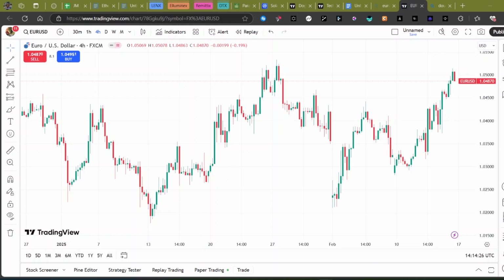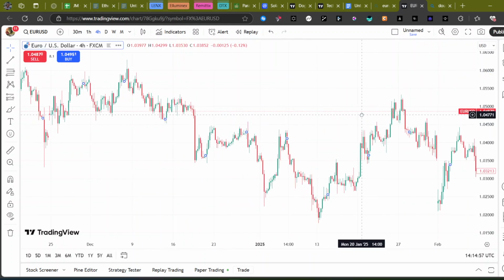In this video, we're going to be diving deep into a powerful but often overlooked chart pattern, and that is the diamond pattern. If you want to spot major market reversals before they happen, then this pattern is a must-know pattern. The diamond pattern is a highly effective reversal formation that signals a potential trend shift. It appears after a strong move, creating a broadening formation followed by a tightening range, forming a diamond shape